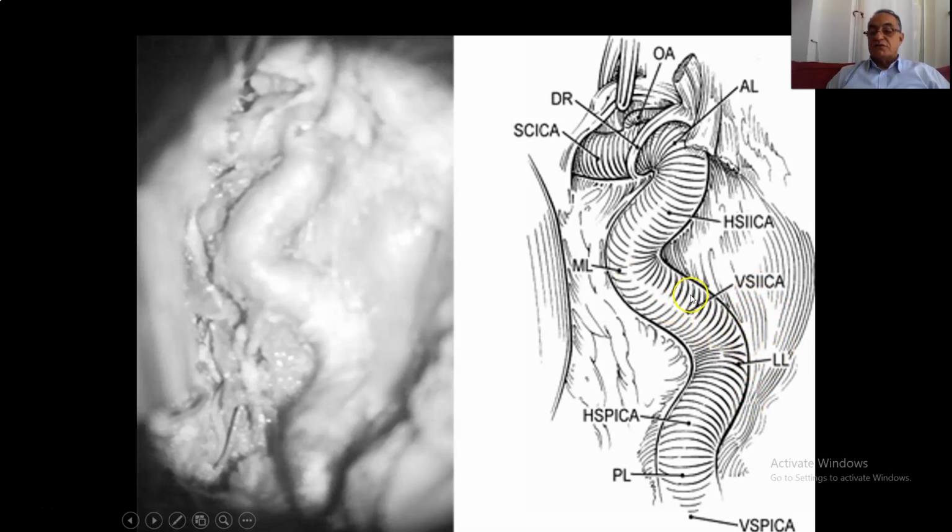Then it passes to reach the cavernous sinus. In the cavernous sinus, we have the medial loop, which is convex posteriorly. The lateral loop is convex outwards, laterally and downwards. Why? Because the artery wants to go upwards and medially. So, changing the direction from lateral to medial, from downwards to upwards, the loop has to be directed